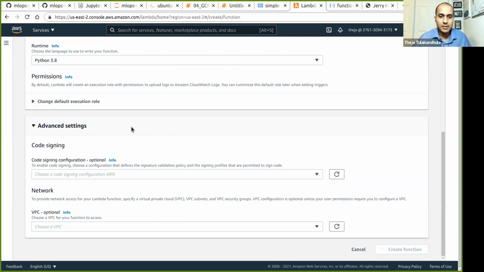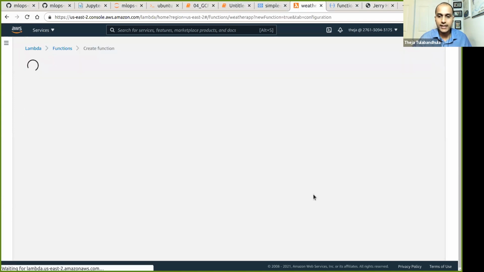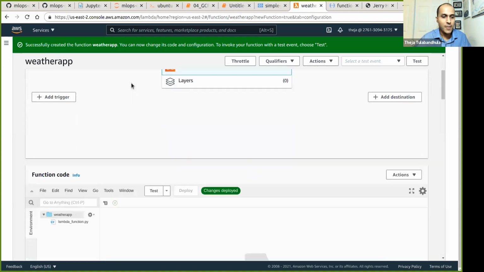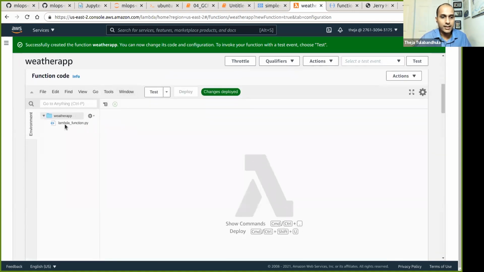Very similar to Cloud Functions, you'll also see an editor, and you'll see an interface like this. It says successfully created this function. You can change its code and configuration. Those are the two parts we can change, very similar to the requirements file and the main.py file in Google Cloud Functions. If you scroll down, this is the part where you can change the code.